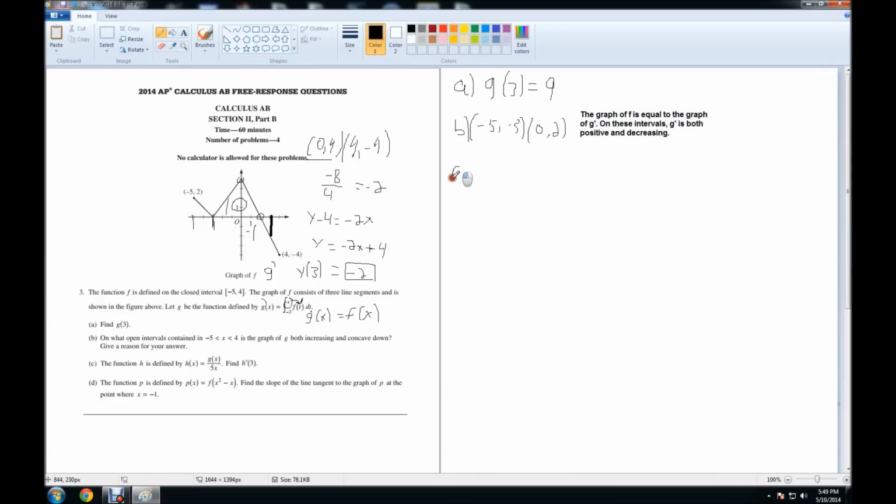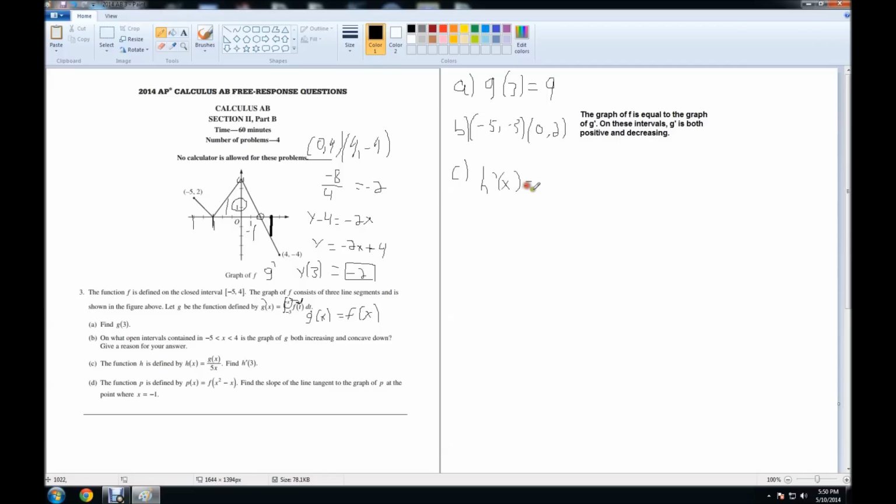Let's move on to part C. The function h, so now we're introduced to a new function, is defined by h of x is equal to g of x all over 5x. Find h prime of 3. So let's do just that. First, we need to take the derivative of this. So h prime of x